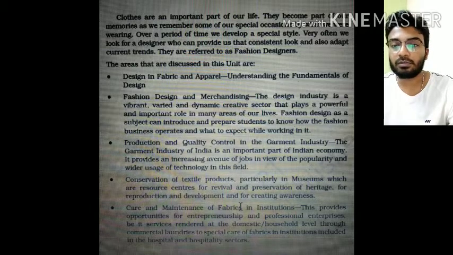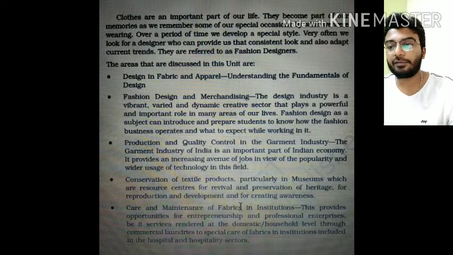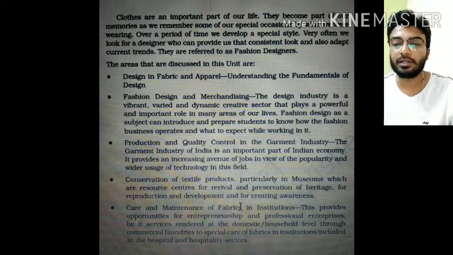Now the last point is care and maintenance of fabrics in institutions. This provides opportunities for entrepreneurship and professional enterprises, be it service rendered at the domestic household level through commercial laundries, or special care of fabrics in institutions, including the hospital and hospitality sectors.